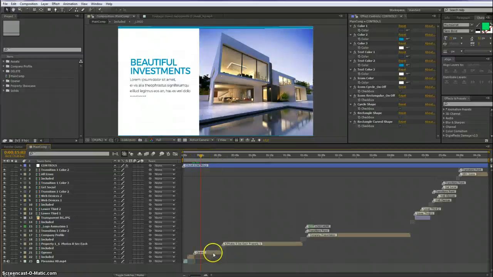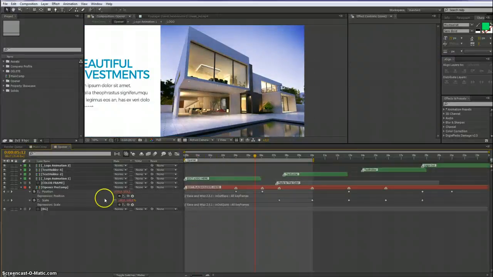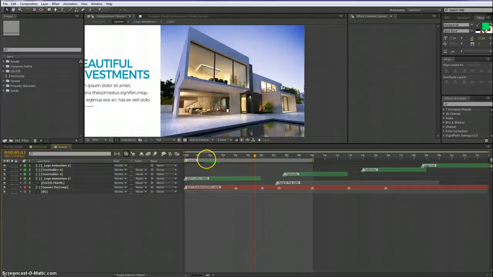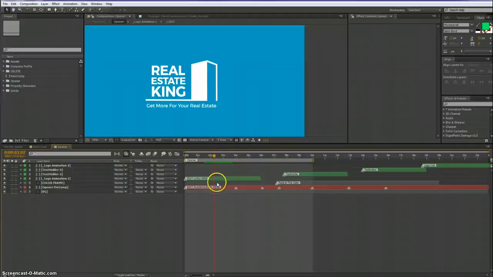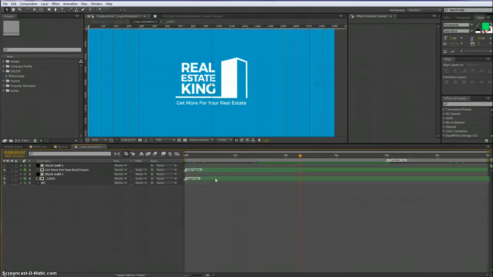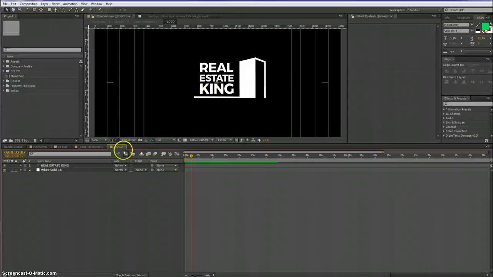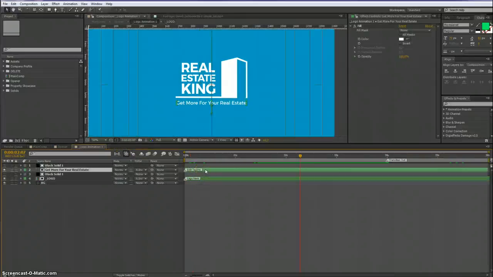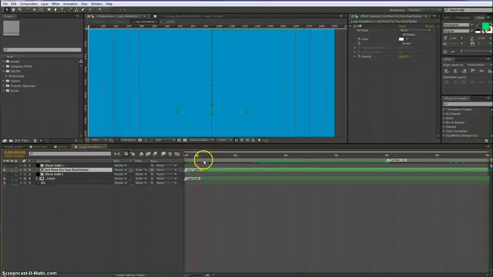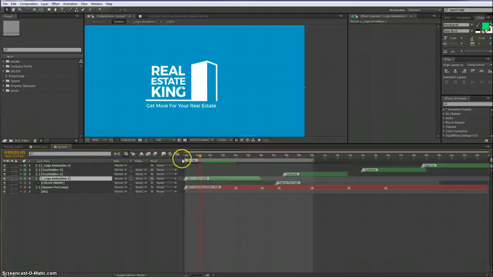Here is the opener. We double click this, and as you see here, first you edit your logo by double clicking this green layer. You edit the logo here, place your own logo here, and then edit your tagline in case you have one. So this is a smooth animation of your logo at the beginning of your opener. After placing the logo,